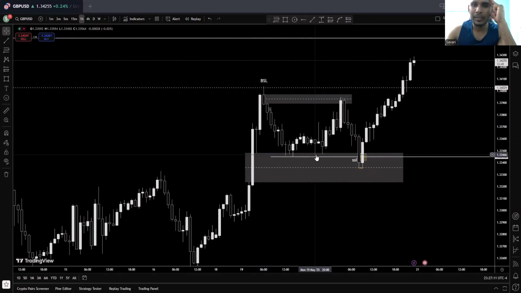It starts to print buy side, not actually printing buy side. It's printing equal lows, which is engineering liquidity in order to hunt later. Then it goes all the way up. Once the price reaches this point, it starts to flip its direction towards the downside and hunt the liquidity. Why it gets flipped is my limit order,